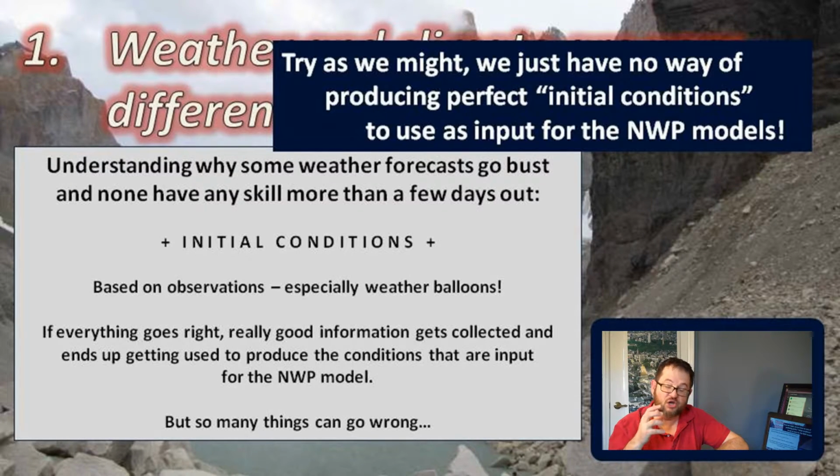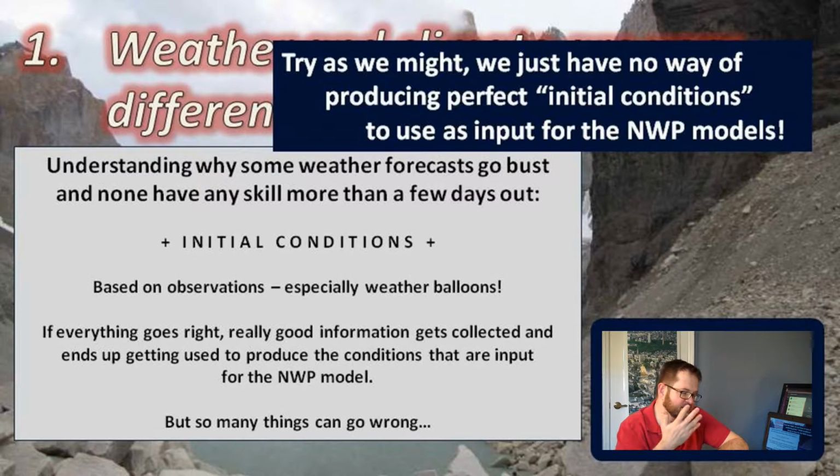Initial conditions are how the model starts. What does it know about the atmosphere right now, especially above the surface? They're all based on observations at the surface and aloft and so on, but especially the depiction of the atmosphere aloft is very important for how the model is going to get started. And if everything went right, and really good information gets collected and ended up getting put as input into the model,